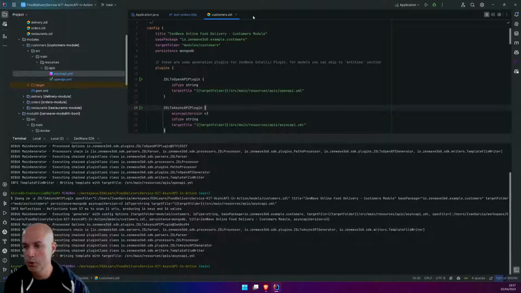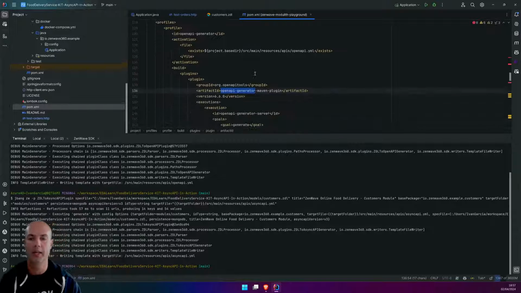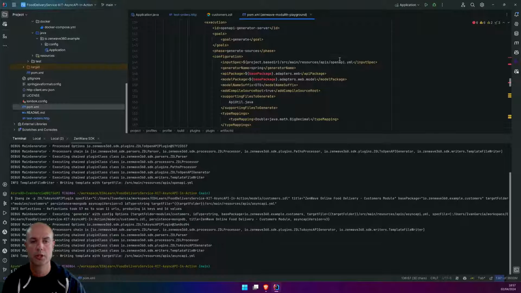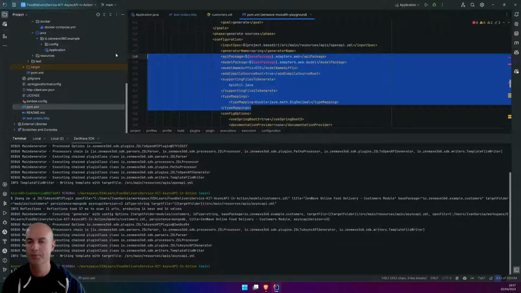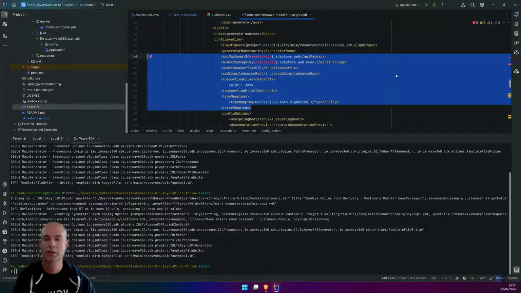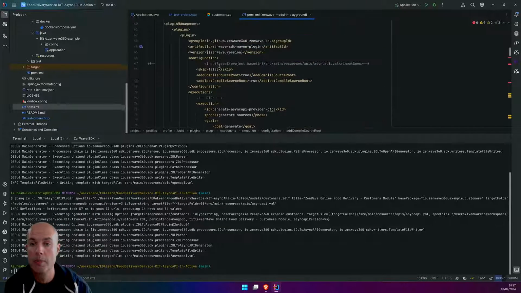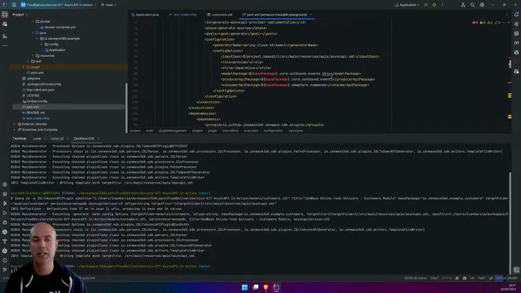And I want to show you, because here in the POM file, we have a couple of plugins, the OpenAPI generator Maven plugin that is going to use this OpenAPI to generate some code for Spring MVC. We already know, I hope, this plugin. And we have also the ZenWave SDK Maven plugin that is going to do the same, but for AsyncAPI files.